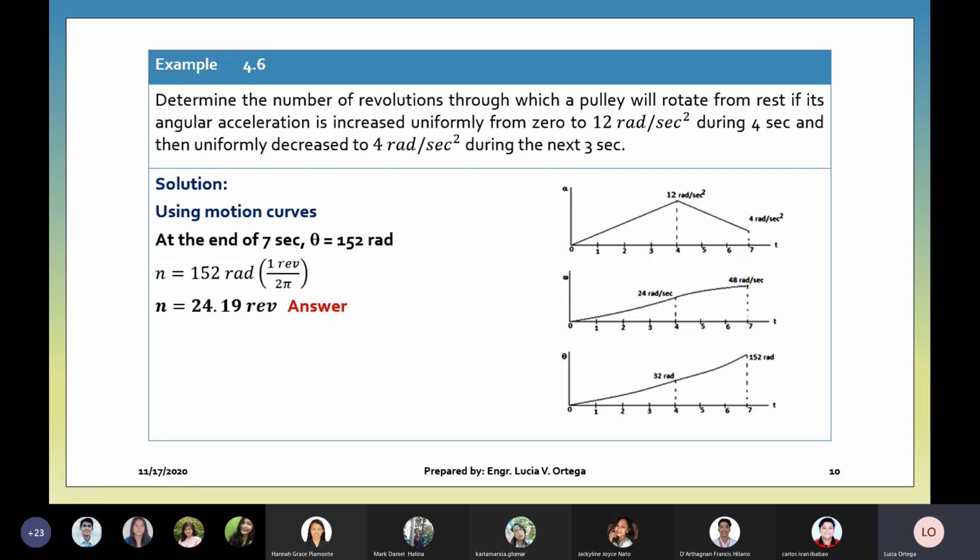Next, again, the area of this. So we take the summation of the area for this one. This is second degree. What is the area? The 24 is second degree, so that is 1/3 of 24 times 4, divided by 3. So that is 32.